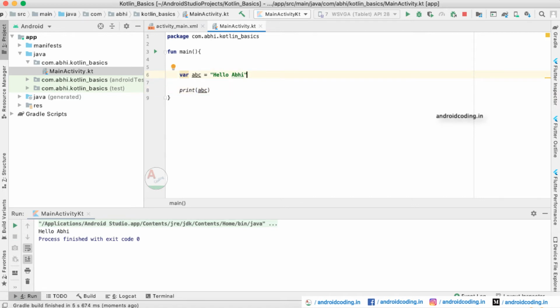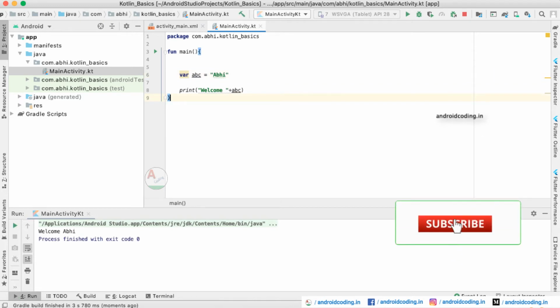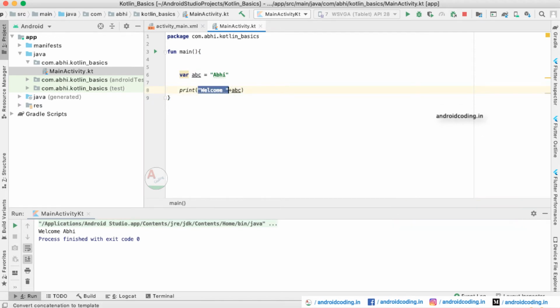Not only this, you can make some concatenations to your string. Here you can just concat, that is add some more text to the previous one, and here you can just remove the hello, and now try to run the code. Here we can again see the output like welcome B. So before the text and after the text you can concatenate accordingly. Here let us see one more example also.